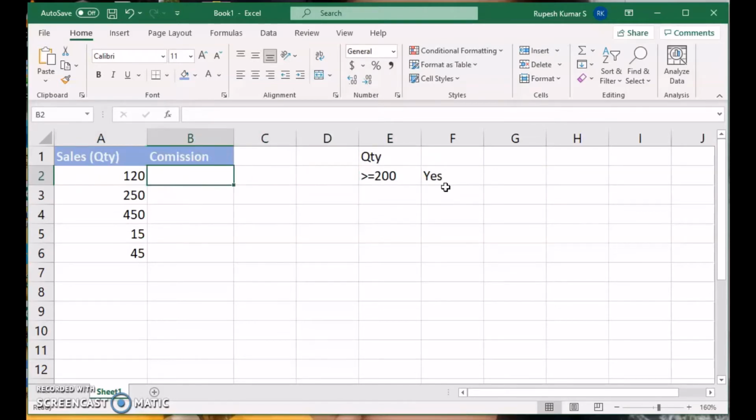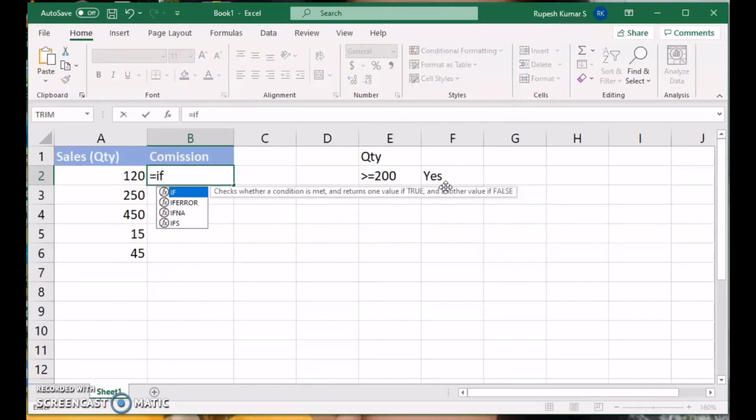So how to do this? It is very simple. We have to write equal to if, start the bracket. Where is the quantity? It is in A2, so click on this A2. If A2 is greater than or equal to, that is my condition. If it is greater than 200 units, then we are going to give the commission.